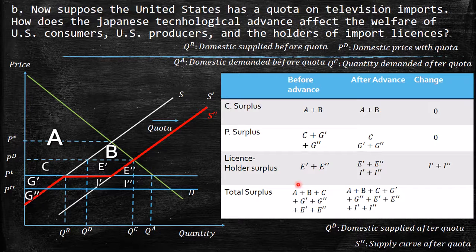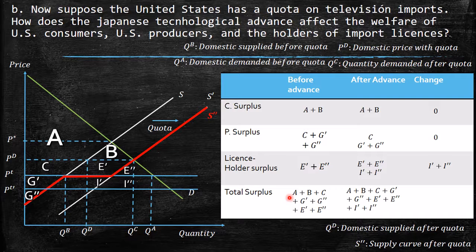And what is the license holder surplus? So remember, they buy from the market at PT, and they sell this one at PD. Okay, so this one, E prime and E2 prime, is going to be considered as the license holder surplus. So the total surplus is going to be this one. So now